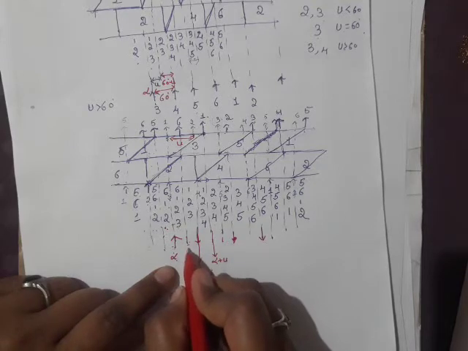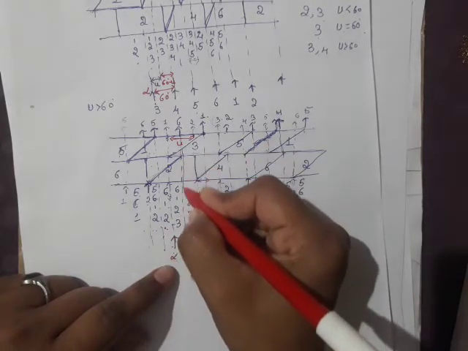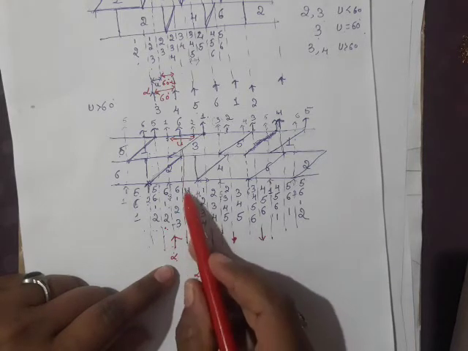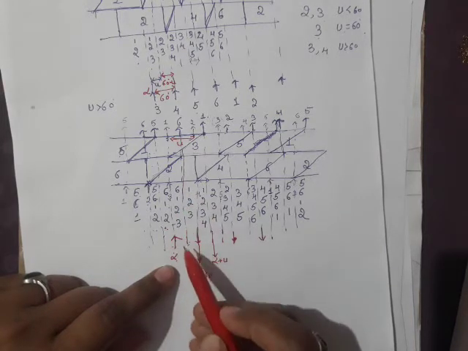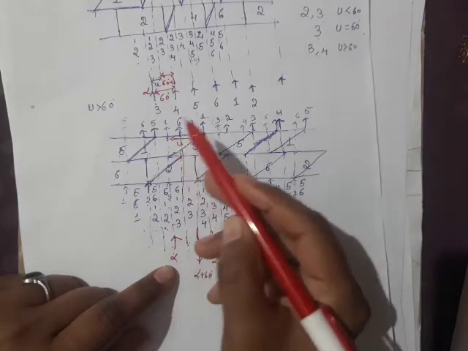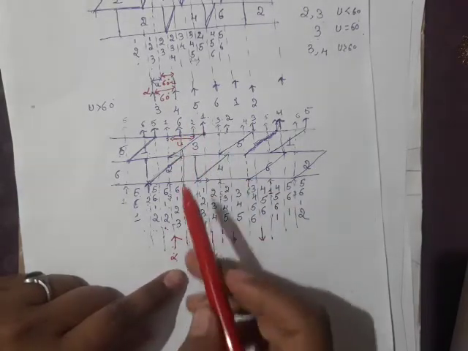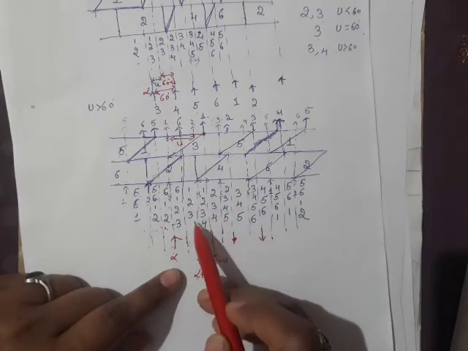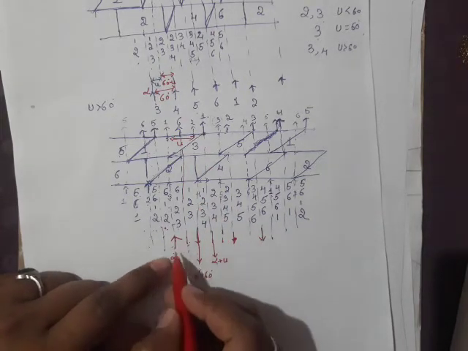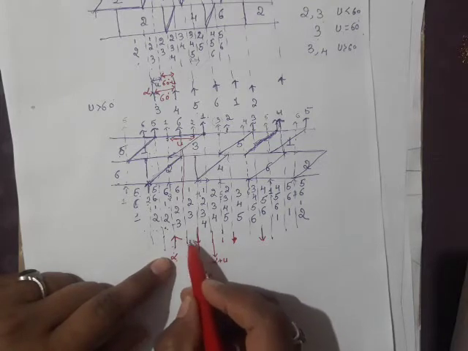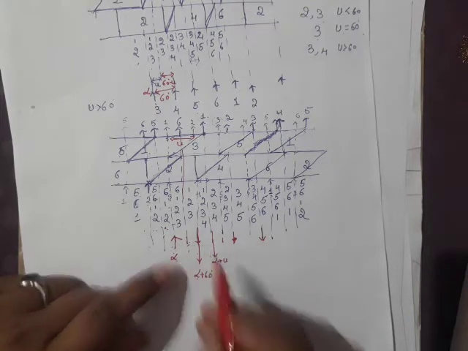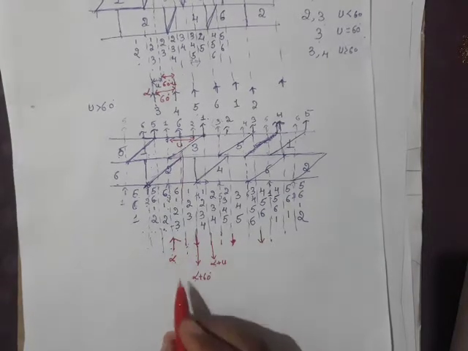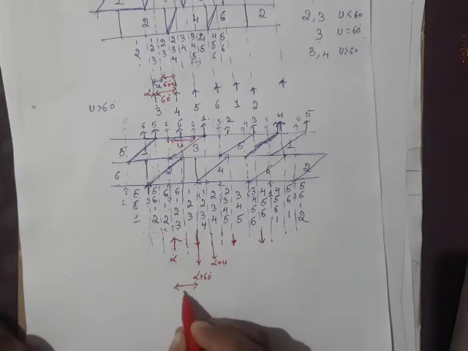Then what about this angle? Can you see this? Here 4 valves were conducting, 6, 1, 2, 3. Valve number 6 goes out of conduction at this point. When valve number 6 goes out of conduction, valves 1, 2, 3 will continue to conduct. This is 4 valve conduction, this is 3 valve conduction, and again this is 4 valve conduction. You can see from here to here it is 60 degree.